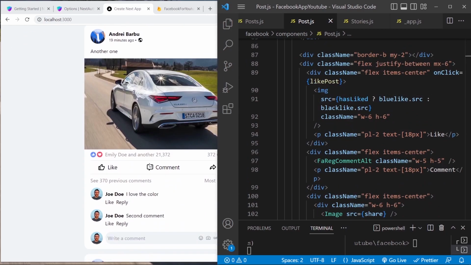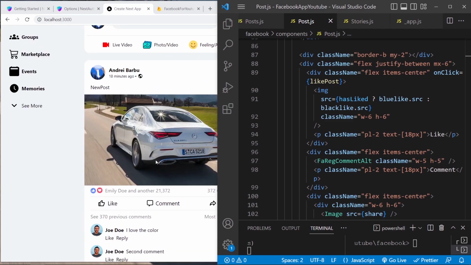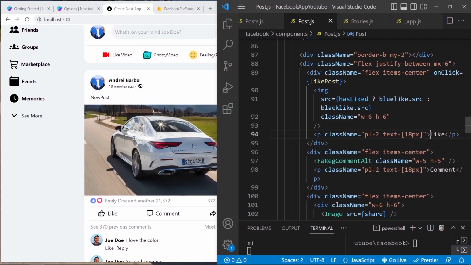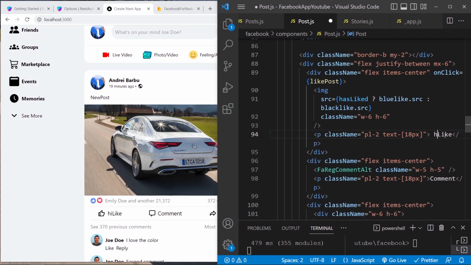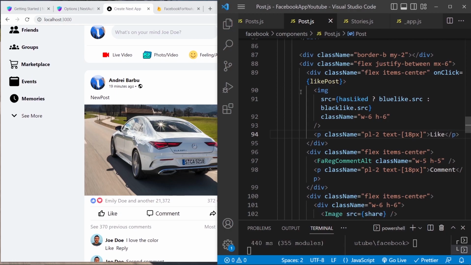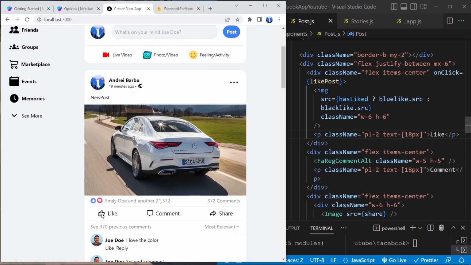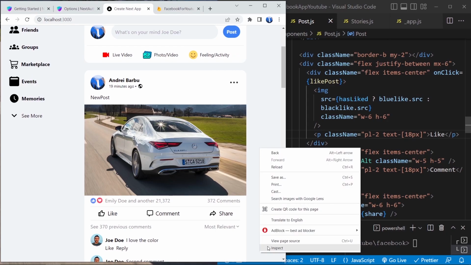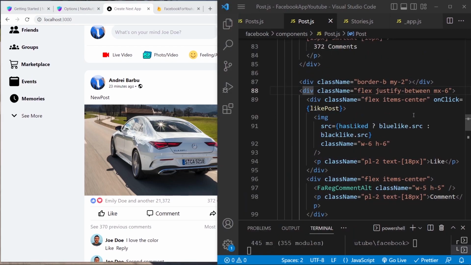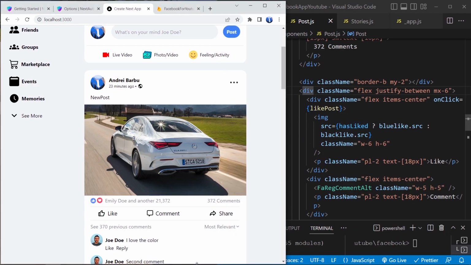Image.source, like, so hi. Okay, so it's the good one, but why is it not showing up? Source has liked. If this is true, we want the blue like that src. If not, what's the problem? So we can't actually attach the has liked